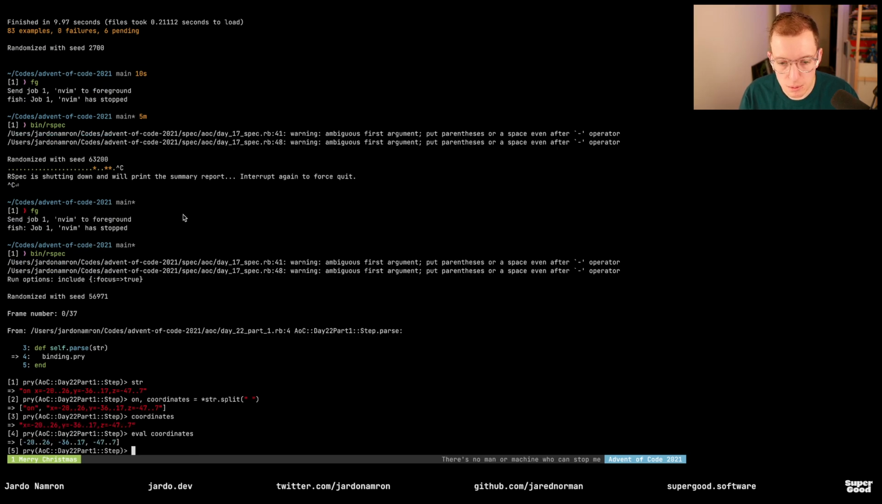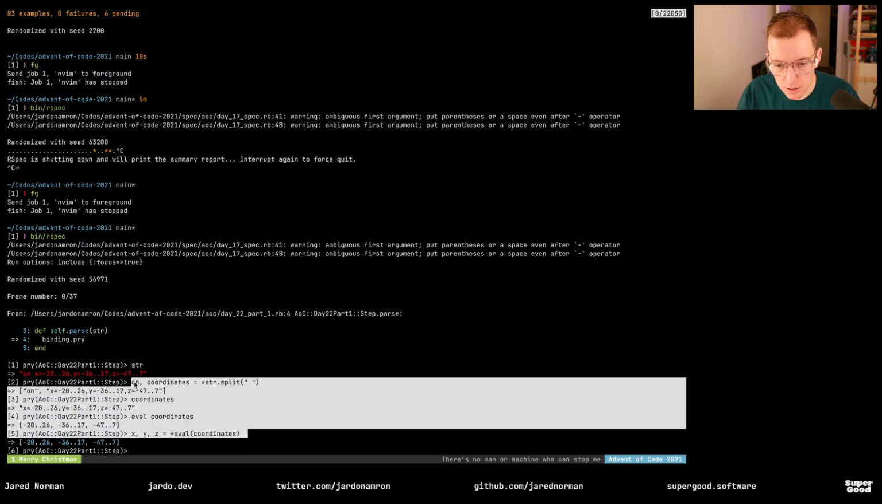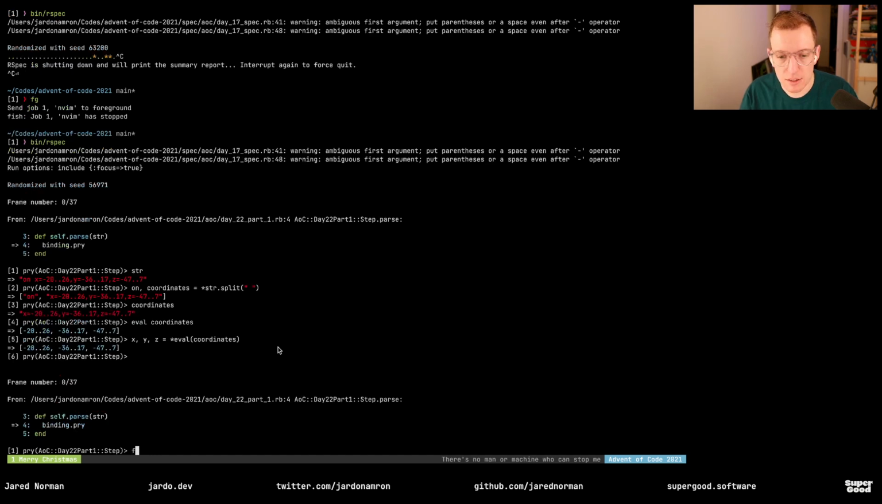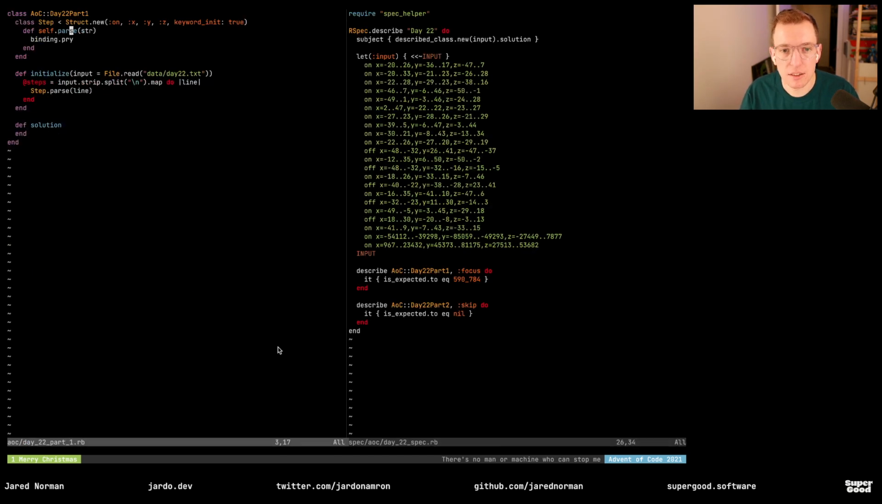Oh, that's horrible. I've received some criticism from my friends for using eval on a bunch of these inputs that are technically valid Ruby, and they're right. Okay, so we'll use those two lines. All right, so